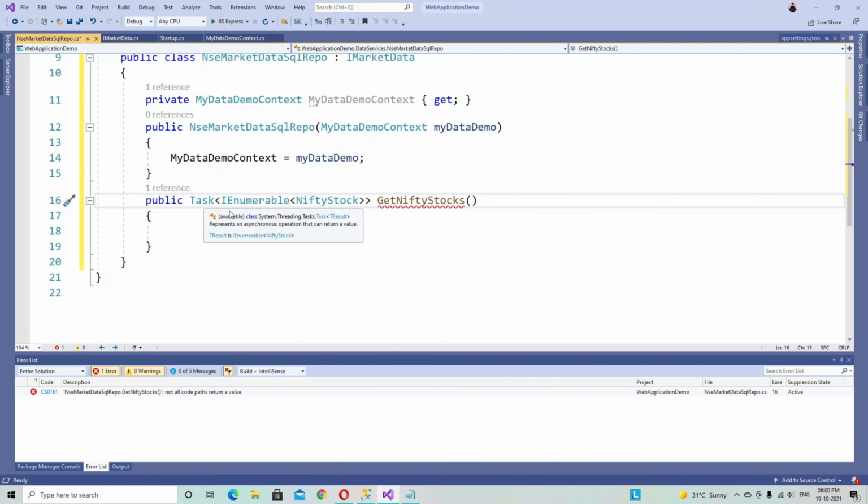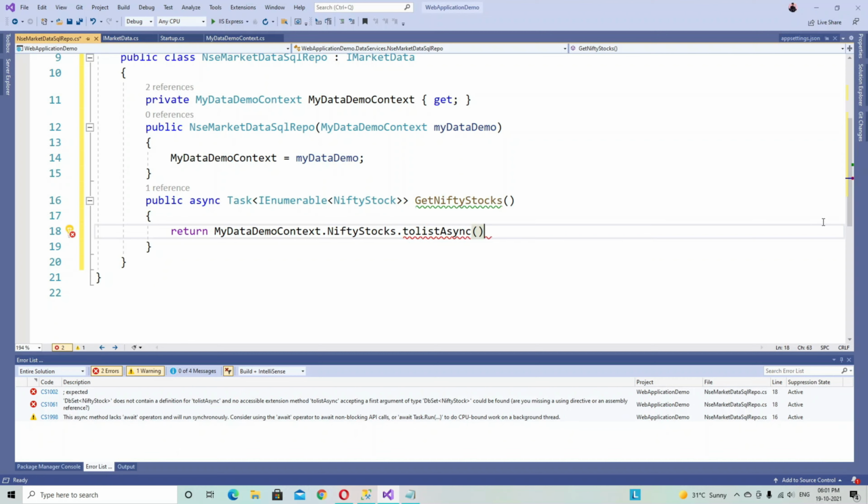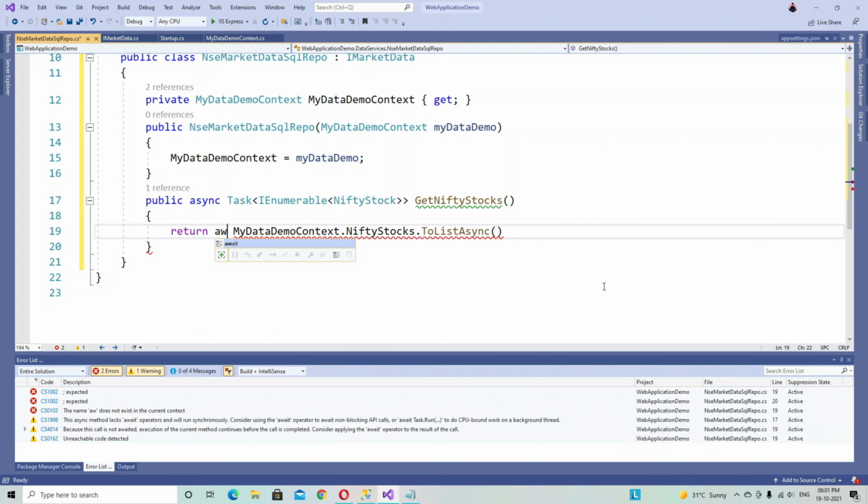Here is a task signature, so we use an async method: return myDataDemoContext.NiftyStocks.ToListAsync method, with the required namespace Entity Framework Core, and since this is an async method we use the await keyword.